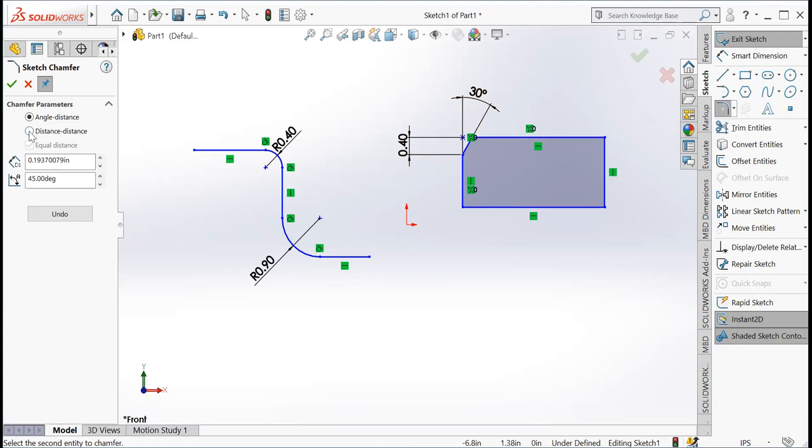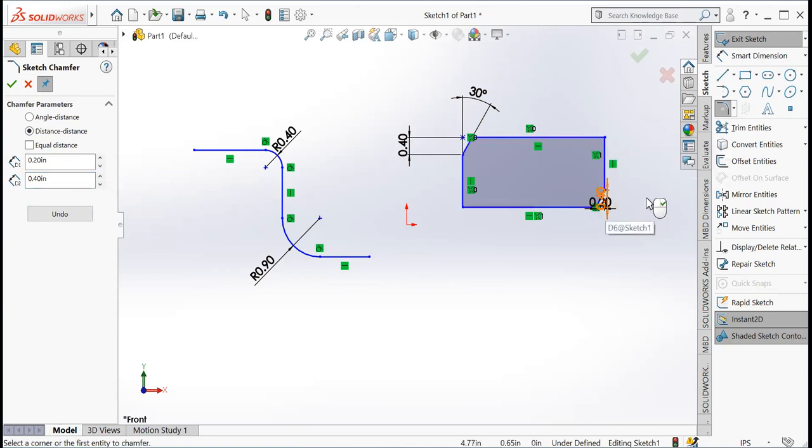Now, the second option is distance, in which we have to set the distances d1 and d2. Suppose I am making here a distance of 0.20 inch and here a distance of 0.40 inch. Okay, and I'm going to select these entities and these entities.